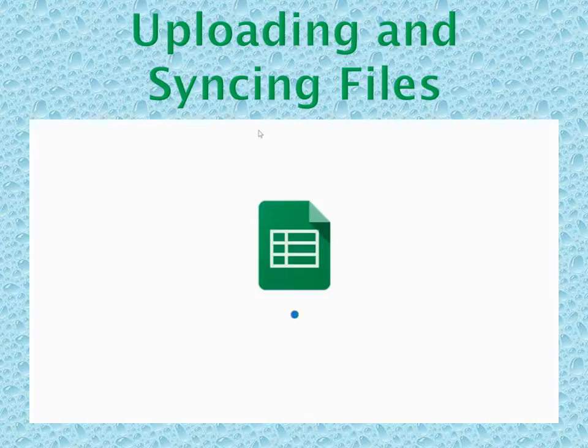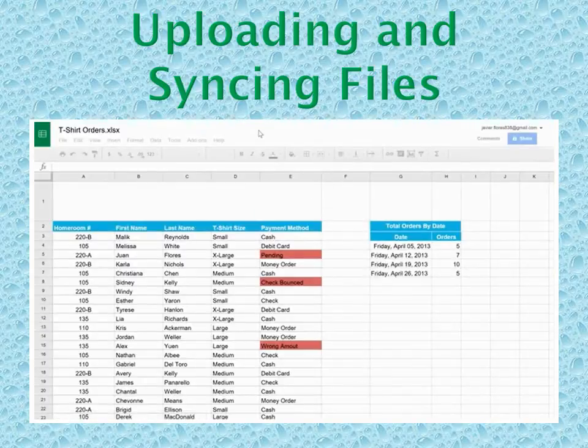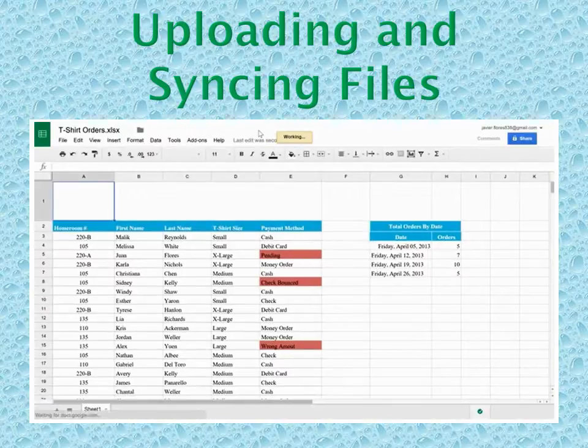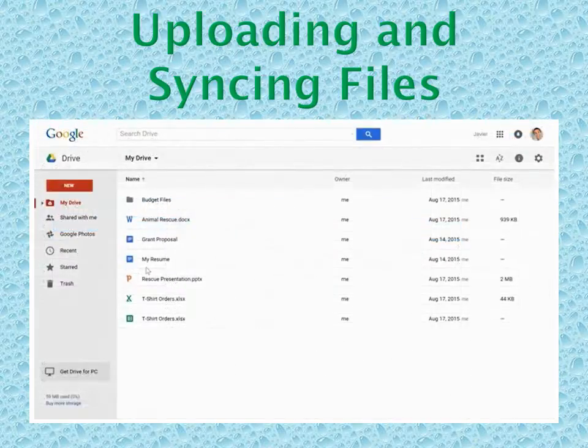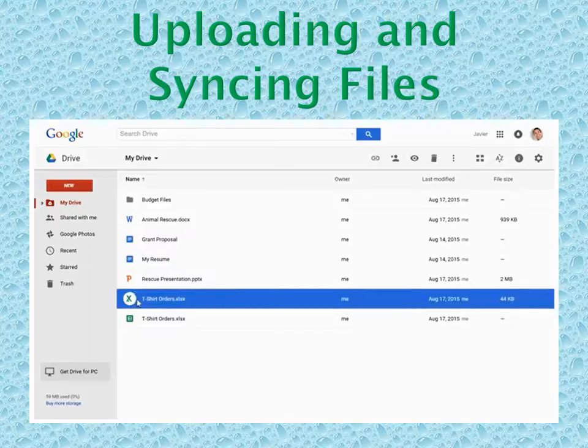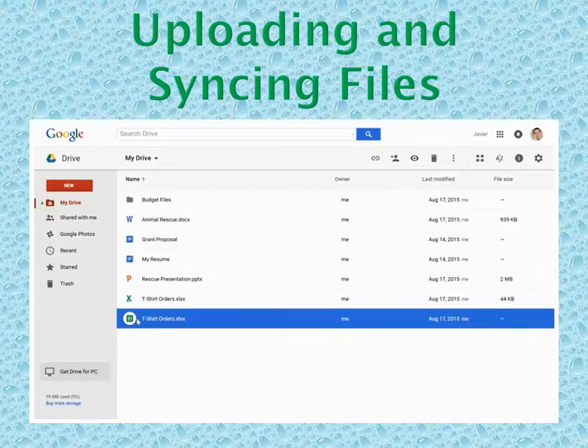A new version of the file will be created in a Google Drive format. Do keep in mind that when converting a file to a Google Drive format, you might see some issues, especially with formatting. Still, all of my data are here, and it's easy to edit them. If we go back to our Google Drive, we can see that there are now two versions of this spreadsheet: the original spreadsheet that was created in Excel, and the new Google Drive file. Note that the icons also vary depending on what type of file it is.